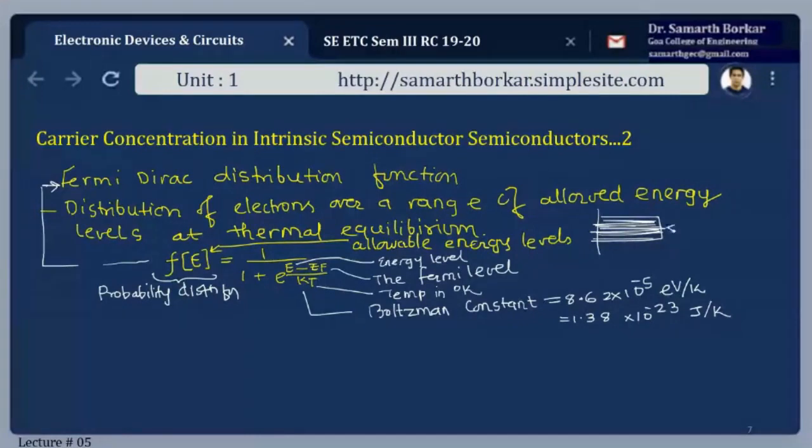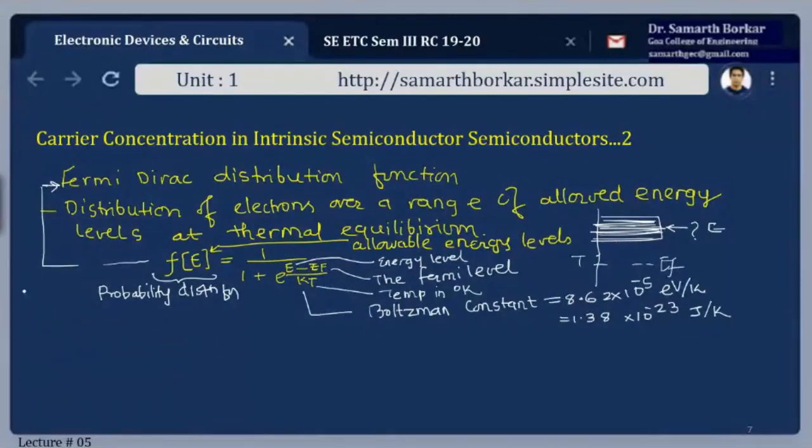If I want to check whether there's an electron here, meaning it's present or not, then to calculate that probability, to find the distribution function, what I need to know beforehand is the value of the Fermi level for a given material. This is the allowable energy level, meaning it has to exist within the conduction band, and the temperature. Followed? Now I'll take up two cases for you all to understand properly.